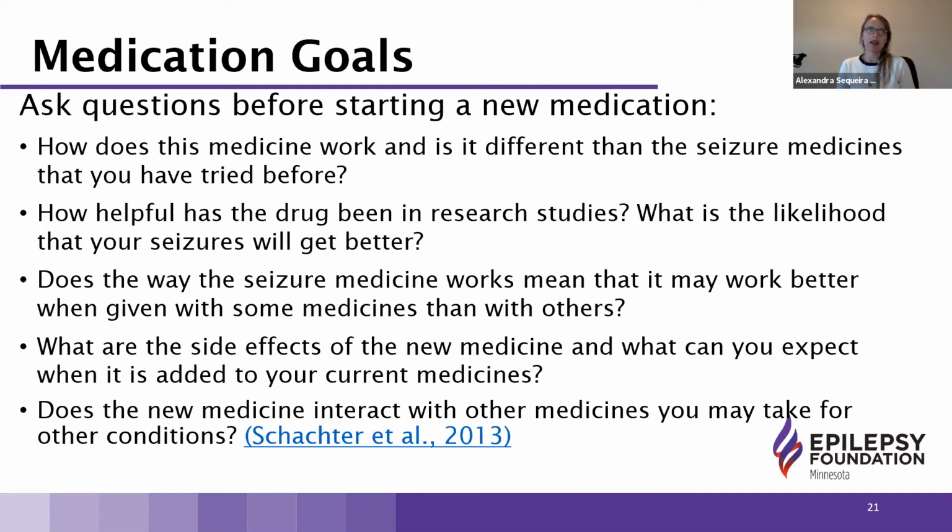So that kind of goes to the next question: what are the side effects of this medication, and is there something I should be looking out for due to the fact it's added to my current medication regimen? And then what about the new anti-seizure medication with my other medications I may be on? So a lot of anti-seizure medications, in particular the older medications, have a quite complicated metabolic pathway. And so a lot of them can interact with other medications, for example, antibiotics. So it might be a medication you're just on for a couple of weeks or a week, but also, say,